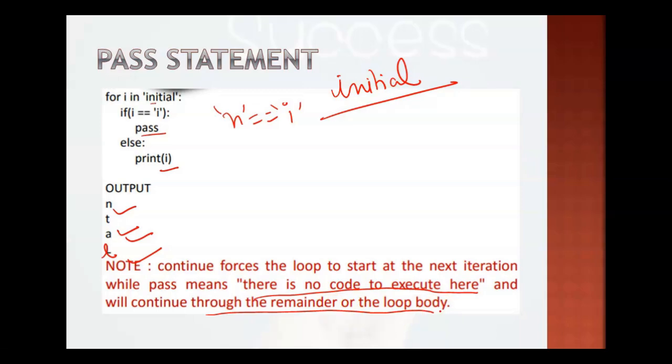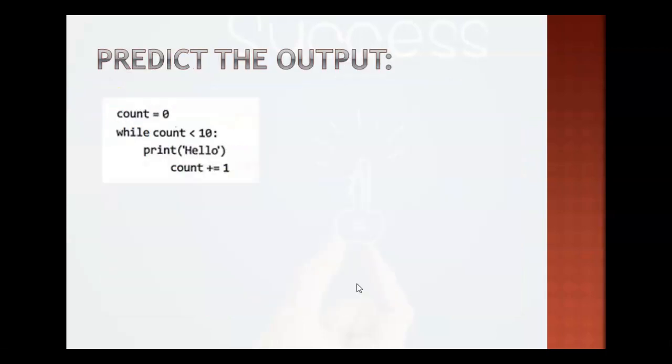From that particular block you will be passed. Suppose you have one print statement here, and suppose done is written here. So in case of pass, this done will be displayed, right? It will be passed from this block, but all the remaining statements for this for loop body will be executed. So pass allows the compiler to execute this statement and will display done. But if you have a continue here, the compiler will move to the header of the loop. So this is the main difference between these two.